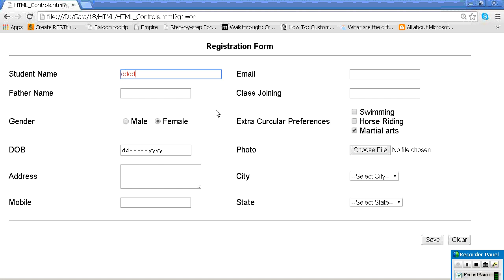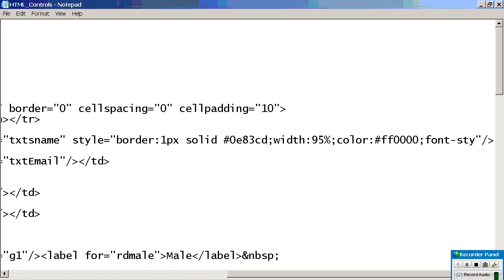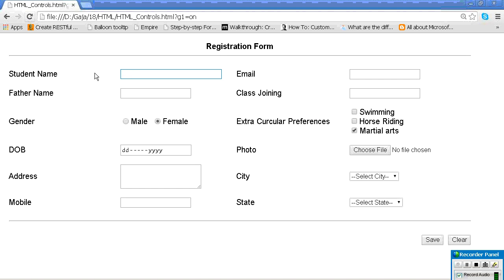If you want to make the text you entered italic or not italic, it is all up to you. Color. These are some tags, and I will give you the list. Don't worry. For font, for text, everything.